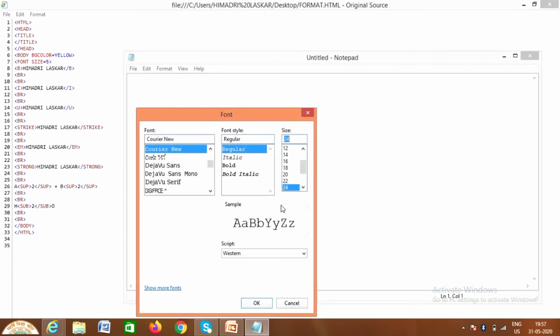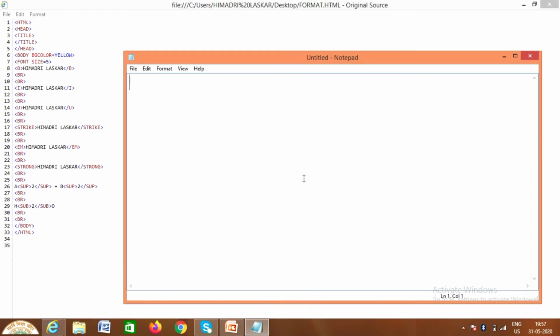I'll make it a little bit bigger. Okay, so I want to write A square, plus B square. Okay, now we want to apply the superscript only to this part, only to the 2.